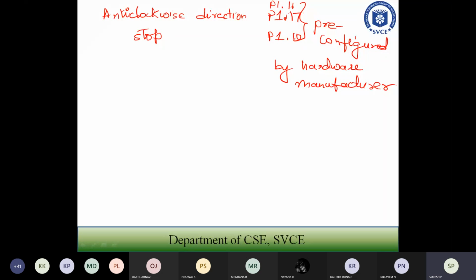Now, when you want to write the code, the only logic here is whenever you press some switch on the board, in the hardware, it has to check in which direction it has to rotate. It has to check which pin is 1 and which pin is 0, and then rotate in that particular fashion.